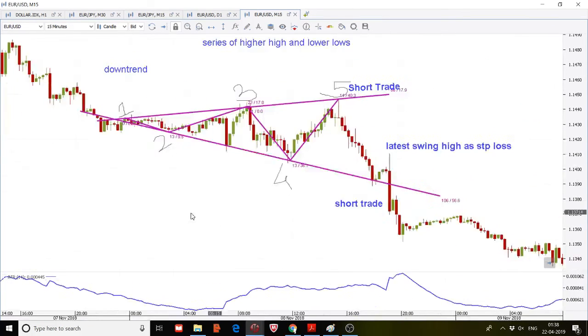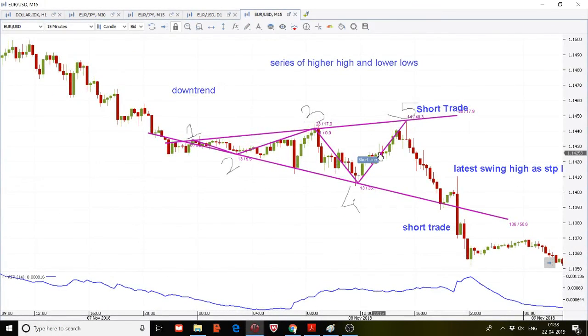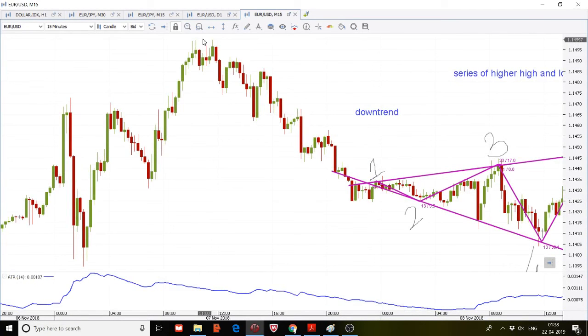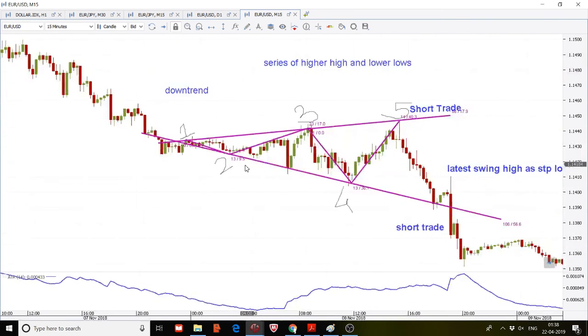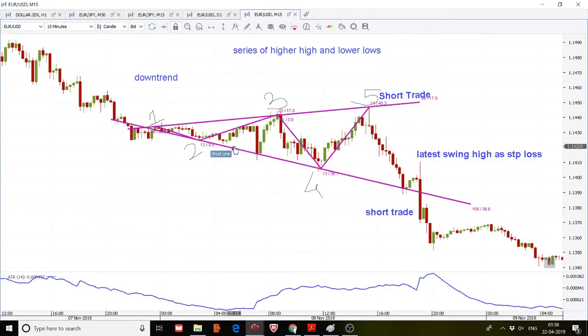So this is one example of the ascending triangle in the downtrend. The instrument should be in the downtrend, as you can see here. You have the series of lower highs and the higher lows. So the instrument is in a downtrend, and for the sake of retracement it is time to move to the higher side. But when you see two points, you will automatically get the idea of the third point,